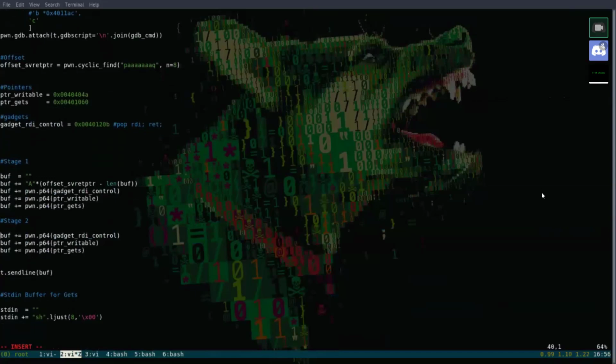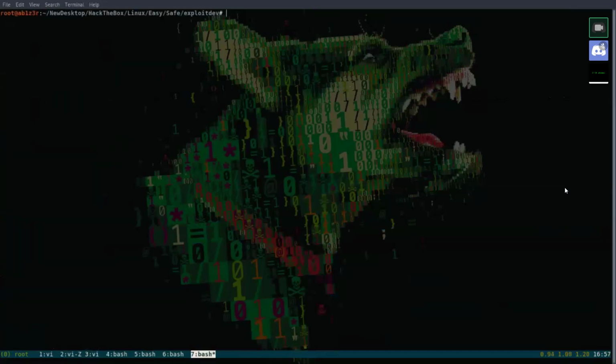Okay, so this is our stage 2. Currently, we're going to pop RDI, put our writable memory into RDI, and then call system. So we need to know where system is. And to do that, we are going to use the PLT table,